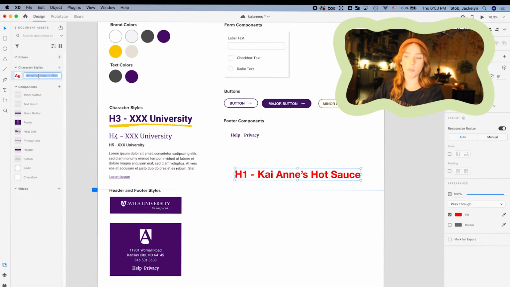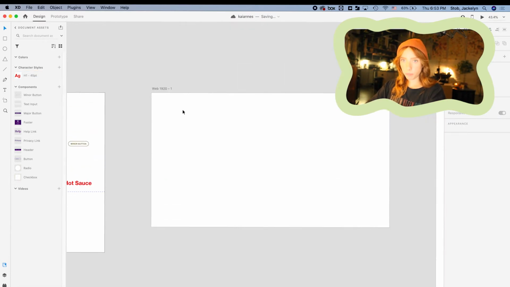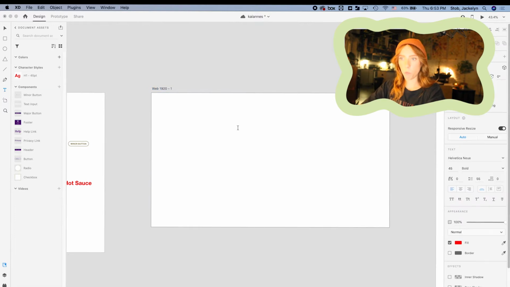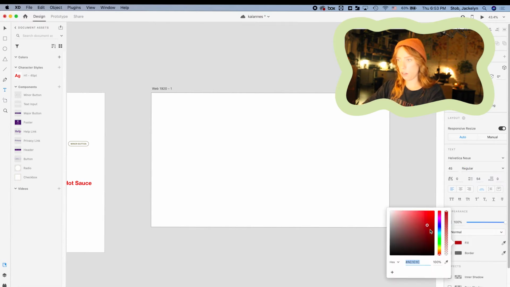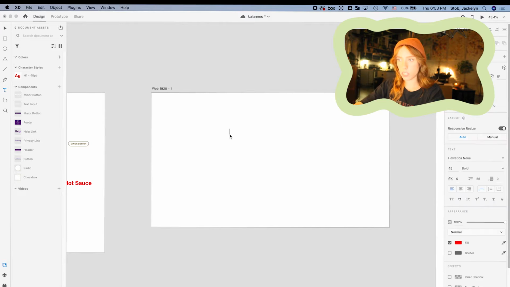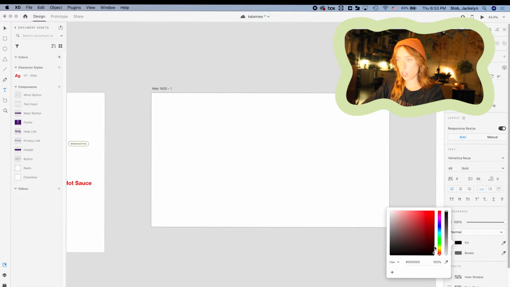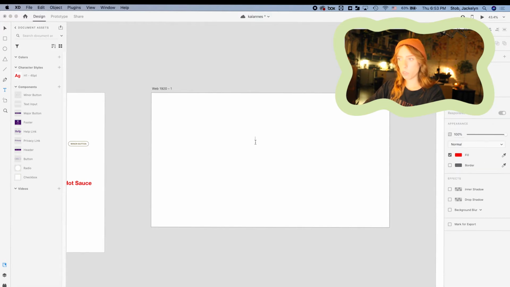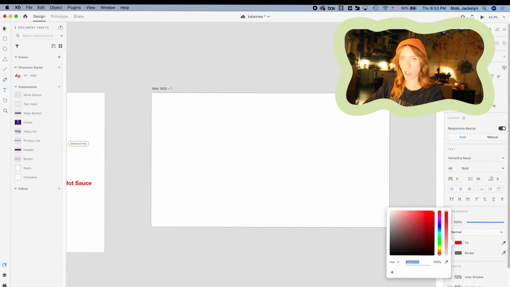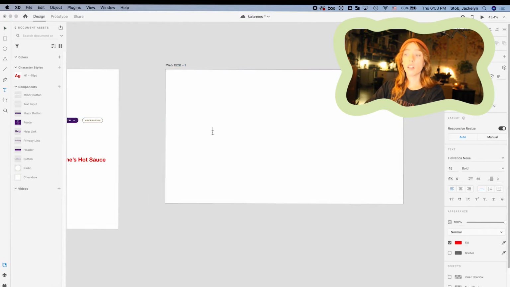it to a character style, and I'm just going to call it H1 45 point because I want to know how big it is. Personally, you can call it whatever you want, but that's what I'm going to call it. So now over here, if I'm typing and I'm like, let's make this regular and black, like let's just say it is what it is, and the color is, oh my god, black. What is happening to me? Okay, so you can go into here,